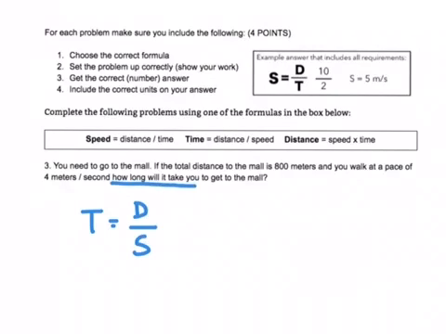We're going to plug in information. So first we're looking for distance. We have either 800 meters or 4 meters per second. Of those two, just 800 meters is our distance. 4 meters per second is our speed. And when we do that math, we are going to get